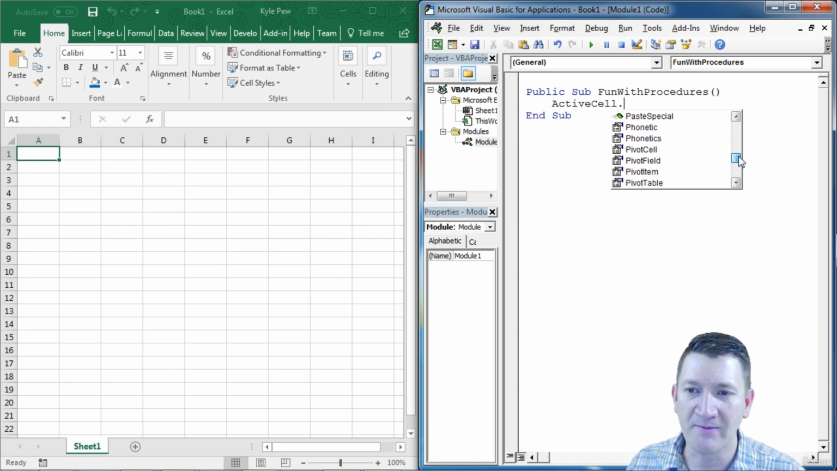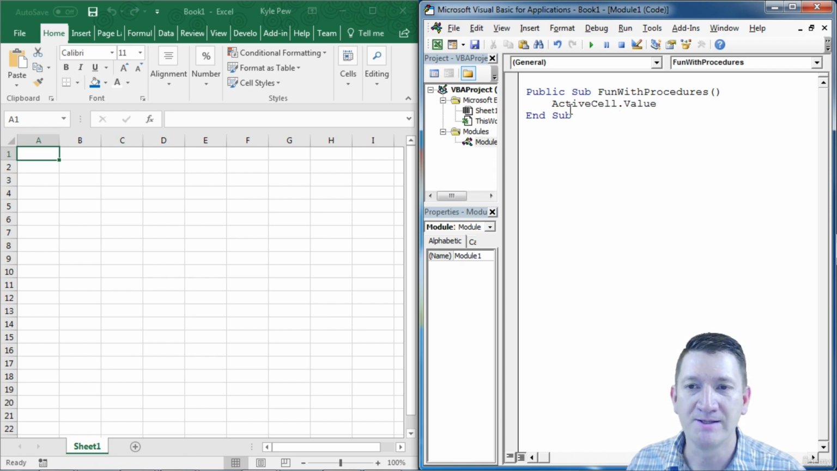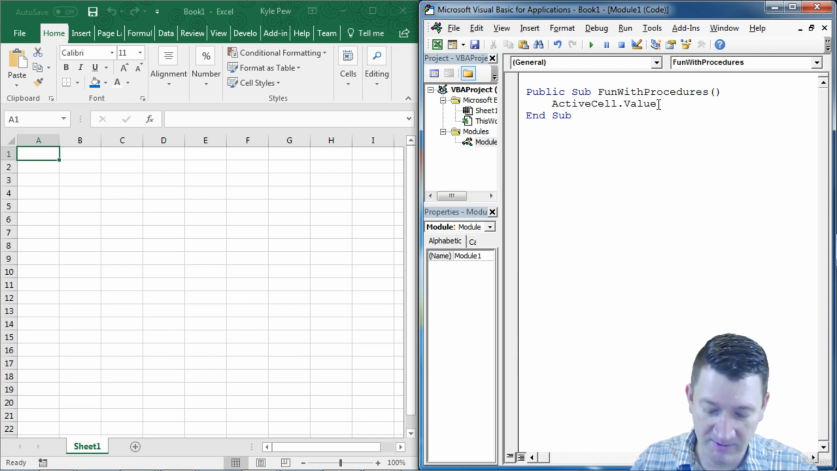So I'm going to come in here. I'm going to find Value. There it is. I'm going to give it a double click. So then I got ActiveCell.Value. So whatever cell's out here, I want its value, or I want to change its value. So I'm going to say equals